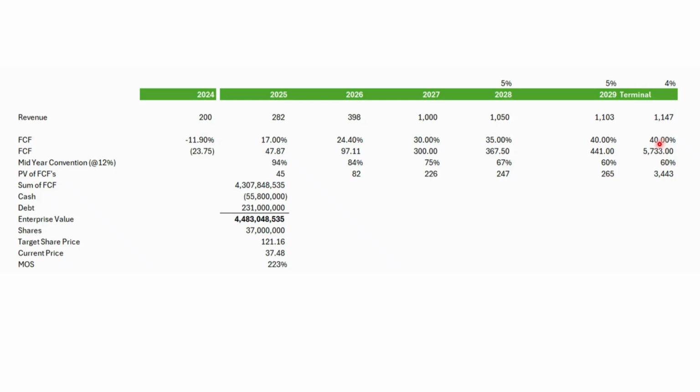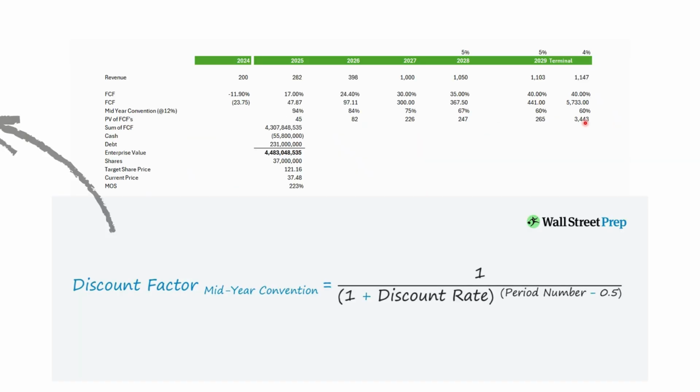This is true with every DCF: the bulk of the value is going to be in the terminal, right? You're projecting a company into perpetuity, hence the terminal period. So you get 5.7 billion, but obviously a dollar today is worth more than a dollar tomorrow. So 5.7 billion dollars into perpetuity in today's dollars is more like 3.4 billion, and you get that by doing one divided by one plus the discount rate, raised to 0.5, because...